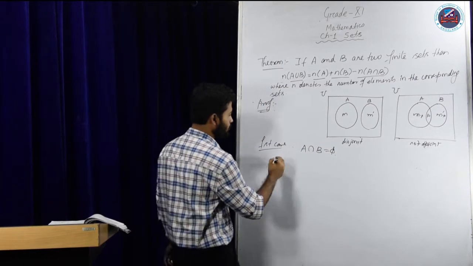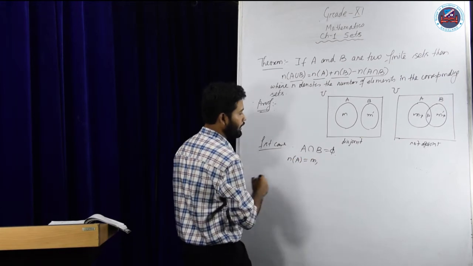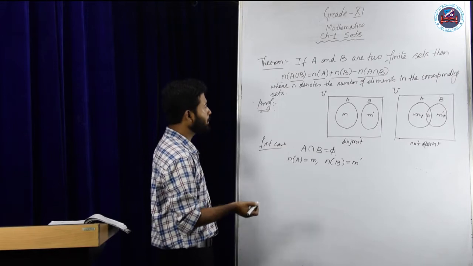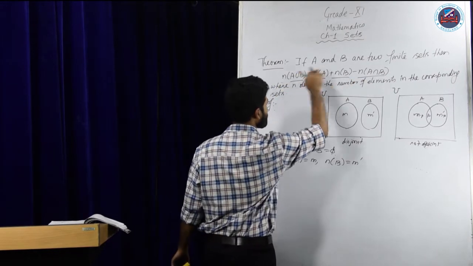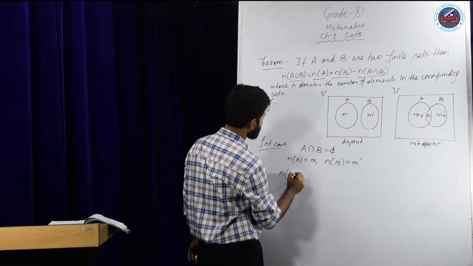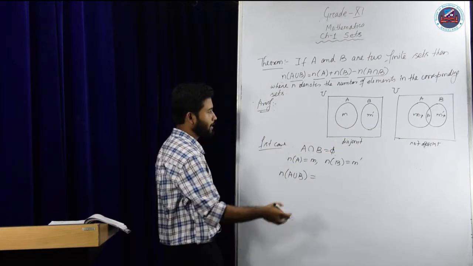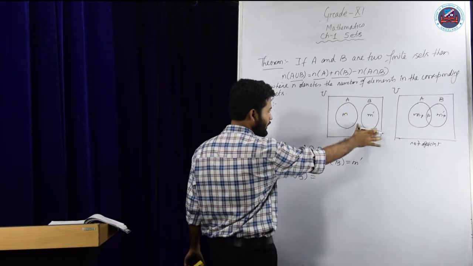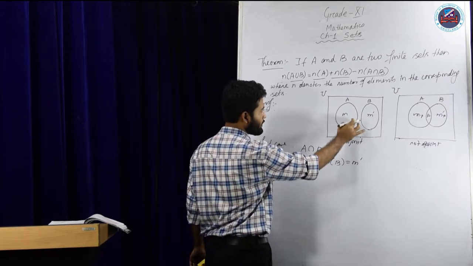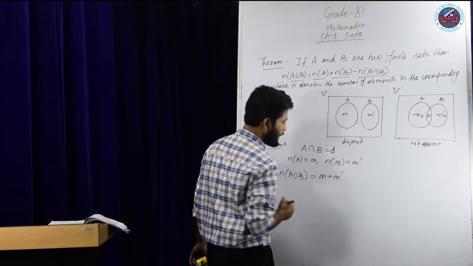Clear? Also, we see that the number of elements of A we have considered is m, and the number of elements of B we have considered is m dash. So what we need to prove? We need to prove this one. So from the above we can write the number of elements of A union B. From the Venn diagram clearly we can see that if I take the union of these two, we have to take both the sets, because there is no intersection, so we need to take all the elements from the set A and all the elements from the set B. That means we can write m plus m dash.